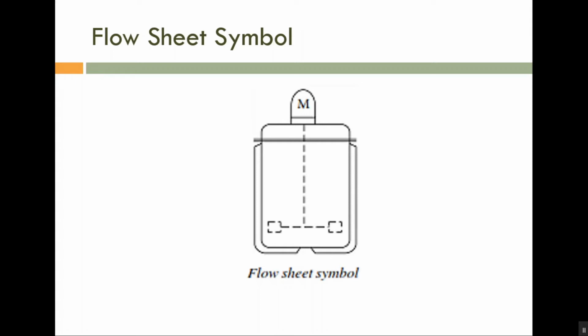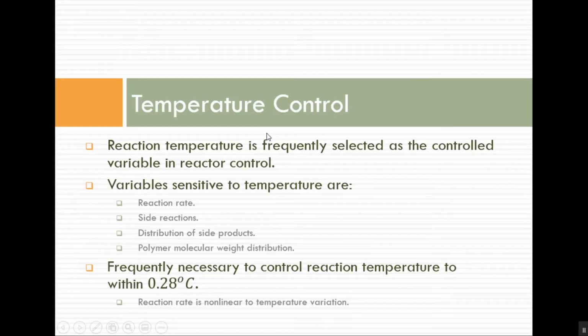So there are a number of variables that are sensitive to the reactor temperature, the process temperature. If the temperature is changing, those variables will change. So the control of temperature is very important in a chemical reactor. The second thing is pressure. Please note, the thermodynamics will be affected if either temperature or pressure changes. If pressure is changing, definitely the reactor process will change. Please note, in this topic we are focusing on how to control the temperature and how to control the pressure. Okay, so the first topic is temperature control.